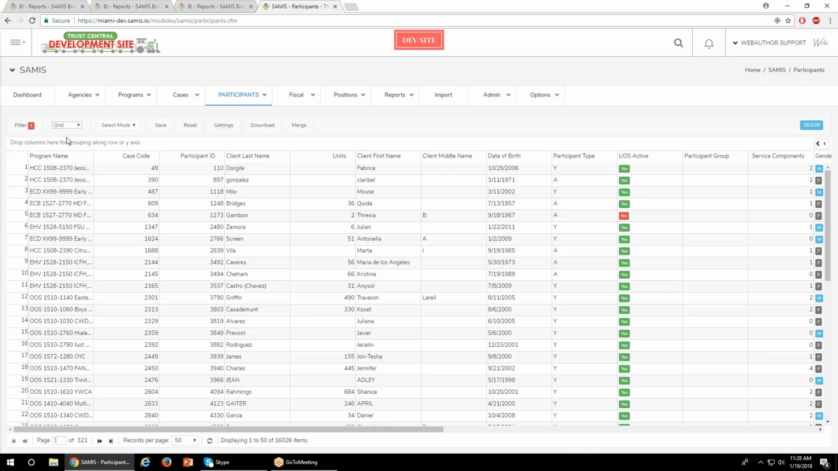Is there any way to use these same mechanisms for data comparisons, like our outcomes? Would we be able to filter by those that met their outcome versus those that didn't, by geography or by gender, by age, by program type? Yeah, so